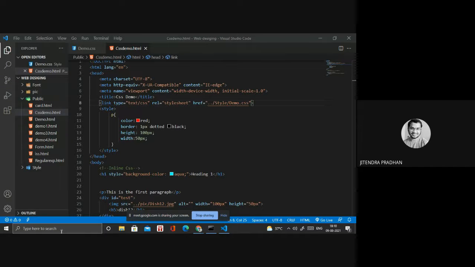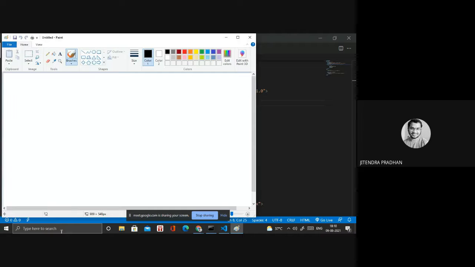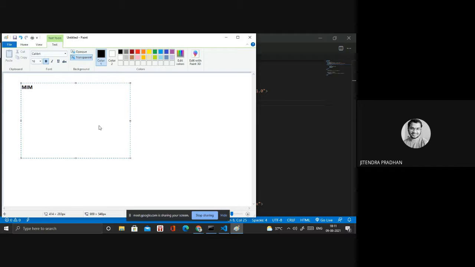Okay, it's mandatory to define the type for all the files you link inside the HTML file. Like for a JavaScript file, you have to write text/javascript. Whatever file we link inside our HTML file needs to be defined. So what is the name of that? It's MIME type.